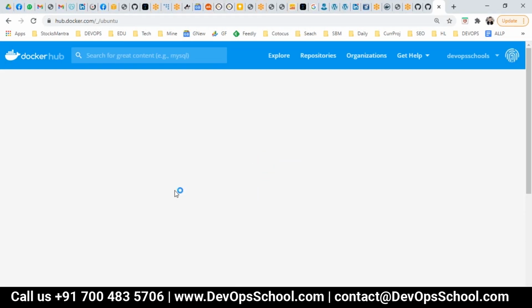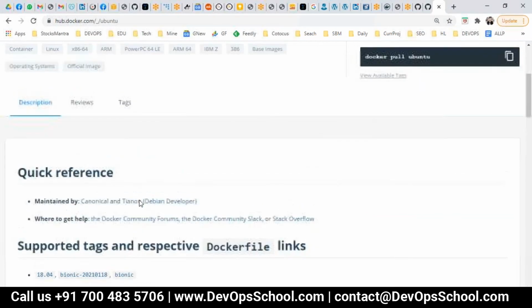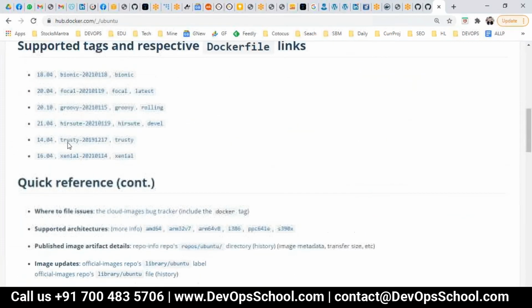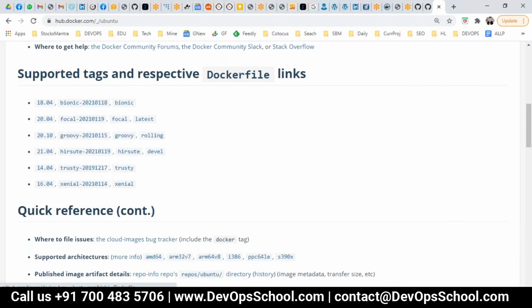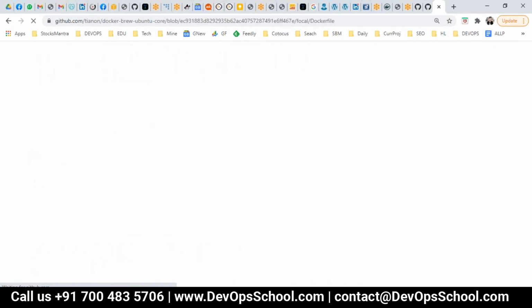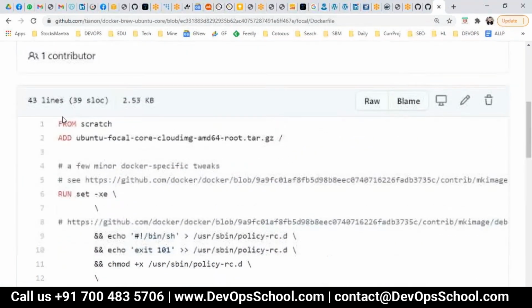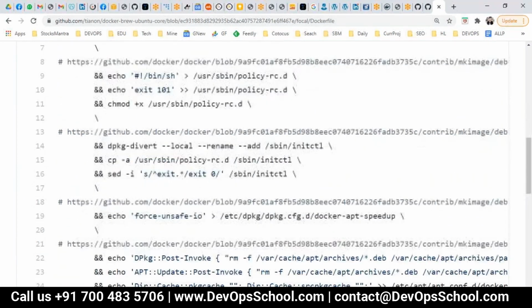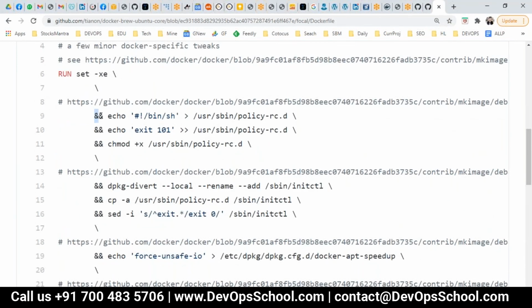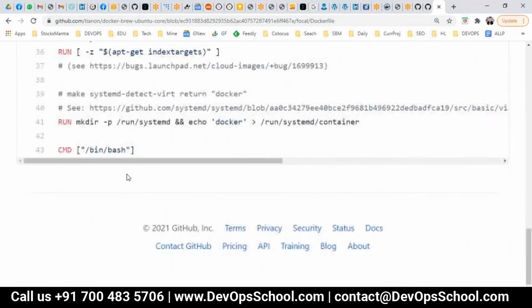So I use the latest image. I think it's 18 or something. So go to AMD latest. Where is the latest? Here it is. 20, I think. It's not 18. 20. Now you see here, they are developing from scratch as a base image, and this person has done so much logical chaining to reduce the number of layers. They have used so many, see here, CMD, bin bash.